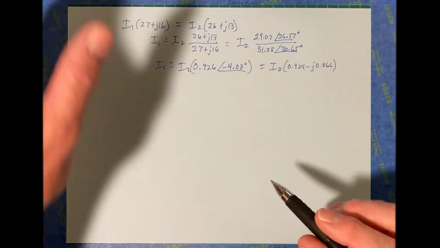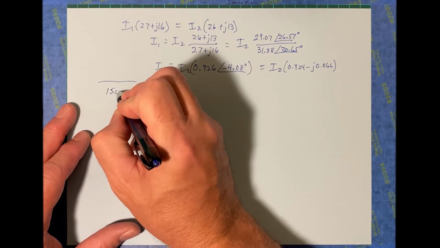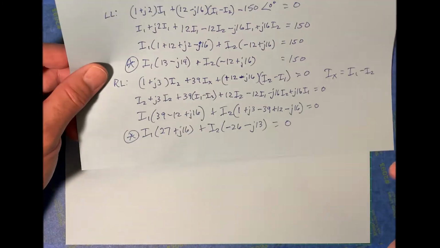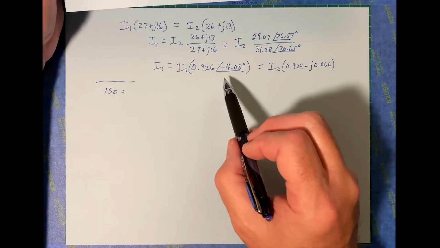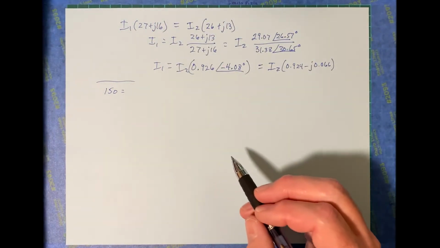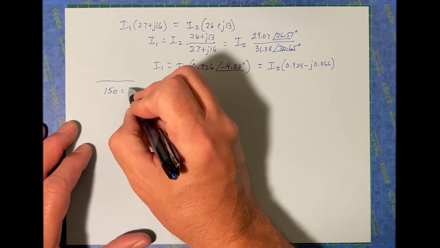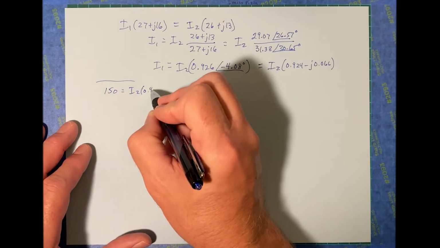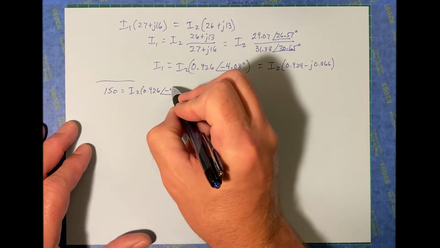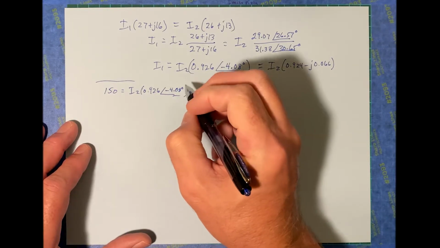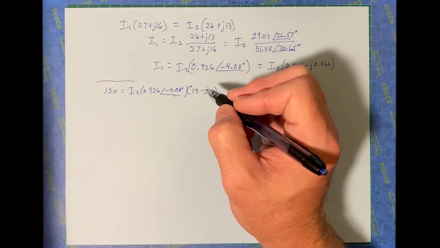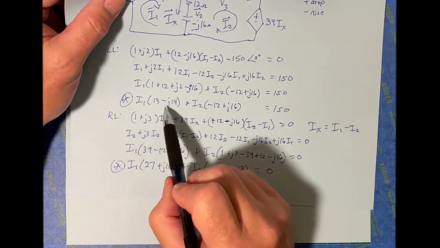So this is going to be now equal to 150, and I'm going to take my I1 here and plug it in to that. Okay, so this is going to be I2 times 0.926 angle negative 4.08 degrees multiplied by 13 minus J14. Just double checking here. Yep, that's my I1, 13 minus J14, plus